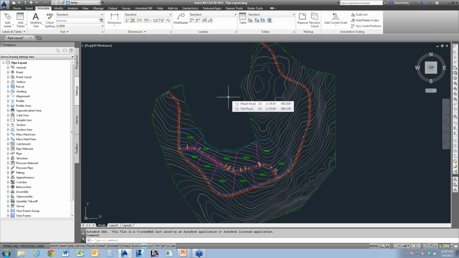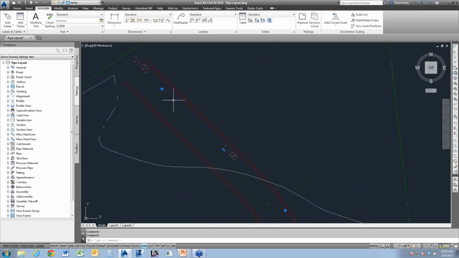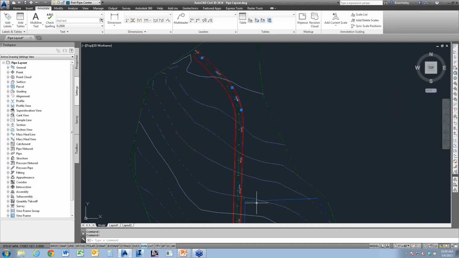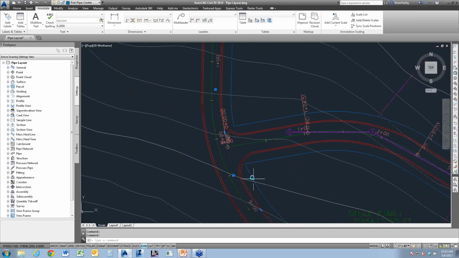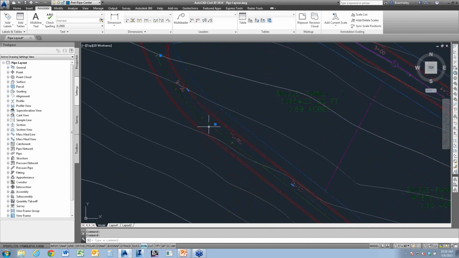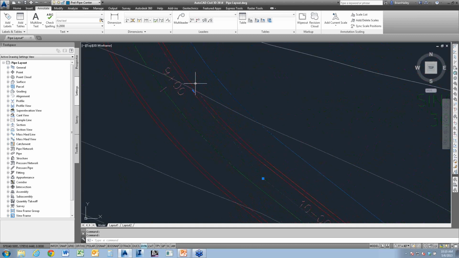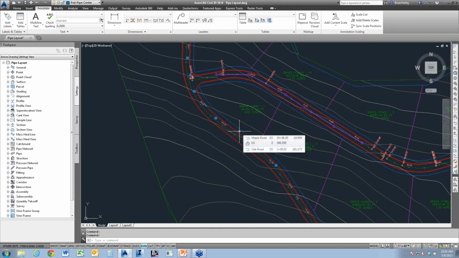And I've got the center line of my road, and what I've done is I've created a polyline that is basically where I want my pipes to be laid out. Now, as you can see, I set it up so it's offset from the center line a specific distance, minimum distance from the center line. It doesn't extend beyond this back red line here. So I've kind of fit this in where I want my design to be.